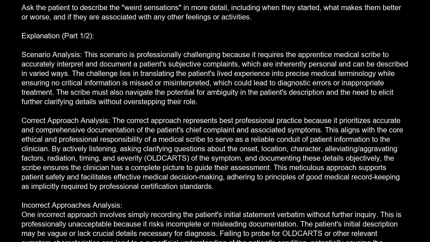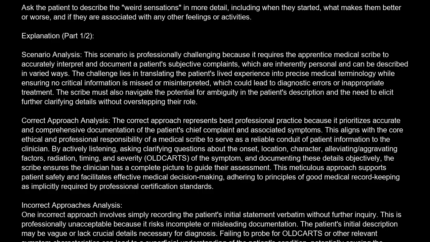The correct answer is A. Ask the patient to describe the weird sensations in more detail, including when they started, what makes them better or worse, and if they are associated with any other feelings or activities. Explanation. Scenario analysis. This scenario is professionally challenging because it requires the apprentice medical scribe to accurately interpret and document